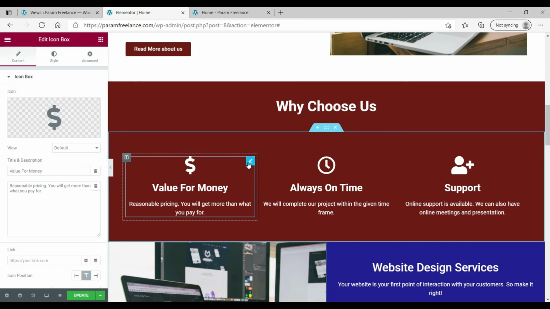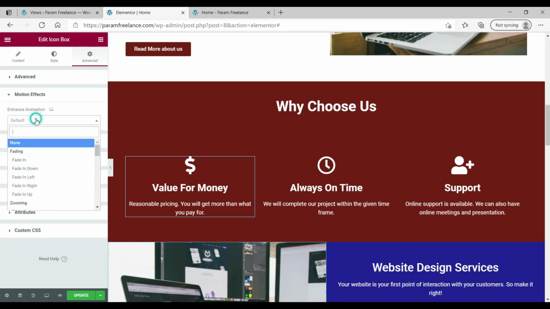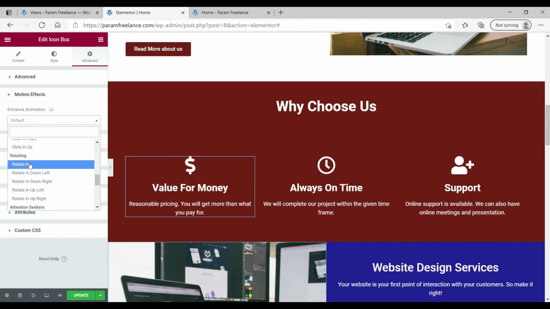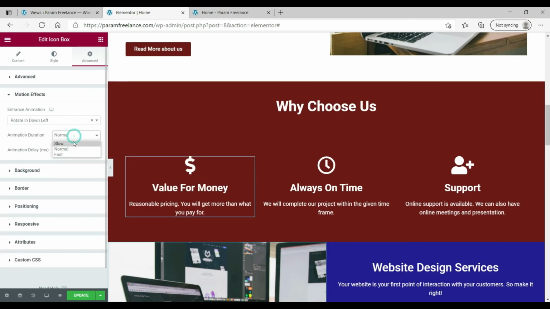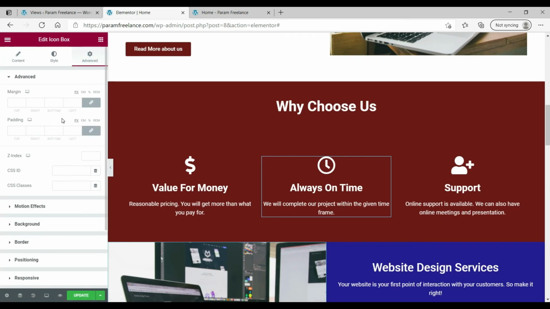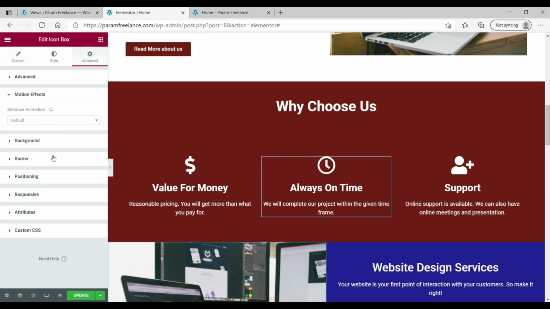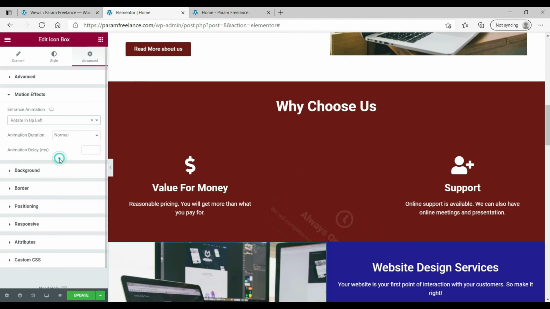Now select this section, advanced, motion effect, try this rotating in down left. Okay, let's make it slow. Now try this one, advanced, motion effect, and rotate in up left.